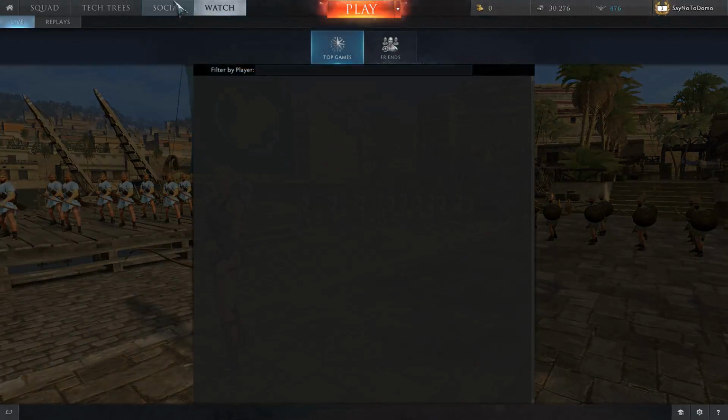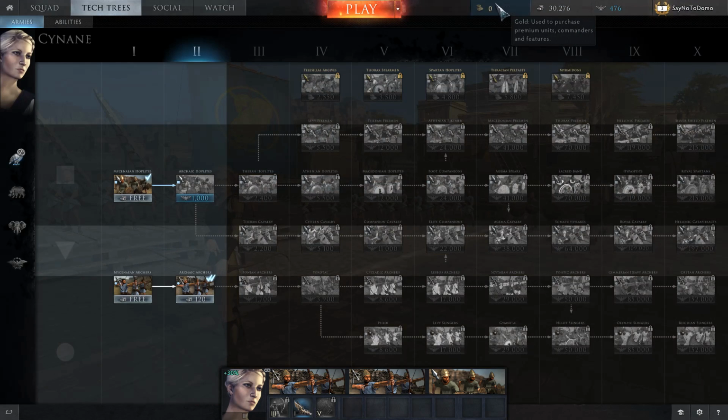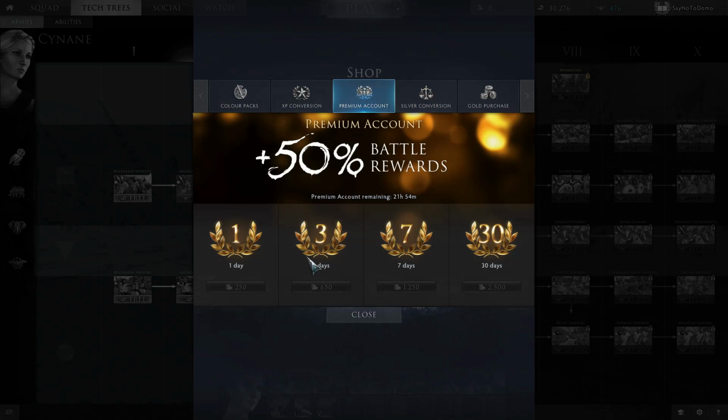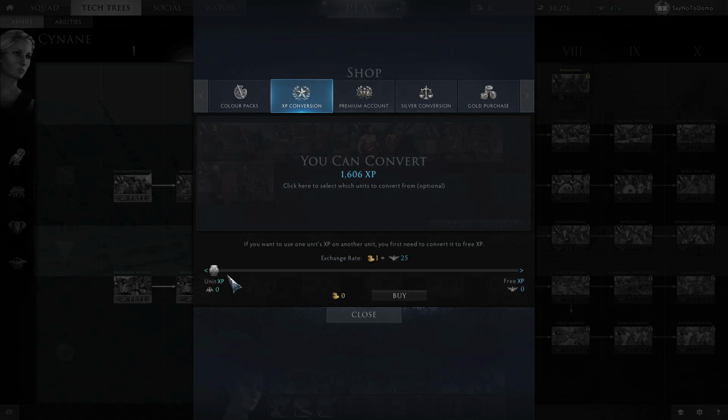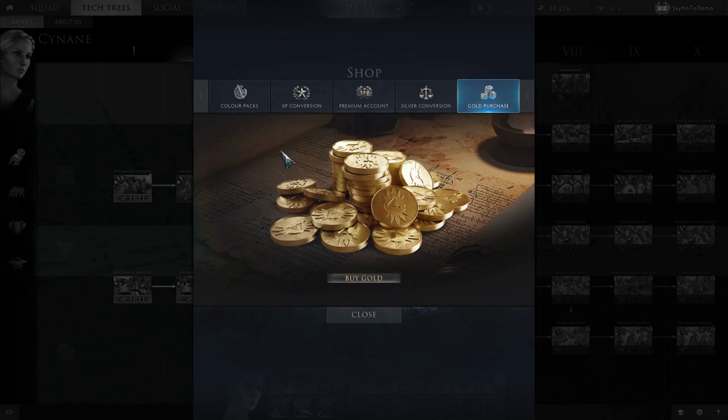There are obviously microtransactions in the game because it's a free-to-play game. It needs to make money somehow. So if we go to gold down here, we could do, well, that's just gold into silver. We can get premium accounts. It costs like a certain amount of silver for a couple days. You could do a bunch of stuff with just XP into the amount of unit XP. Yeah, just like the basic conversions that you'd find in